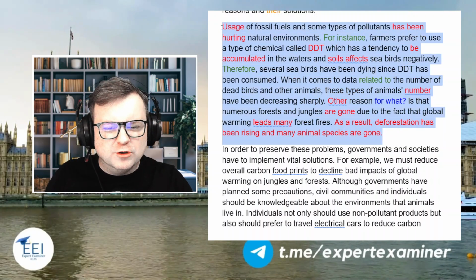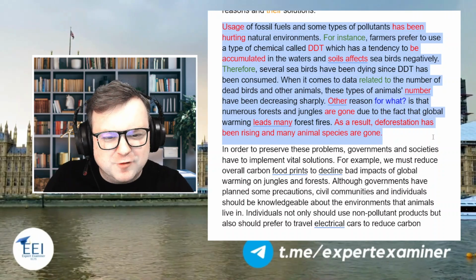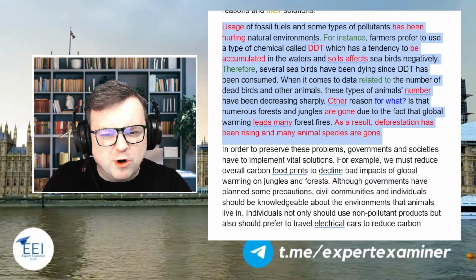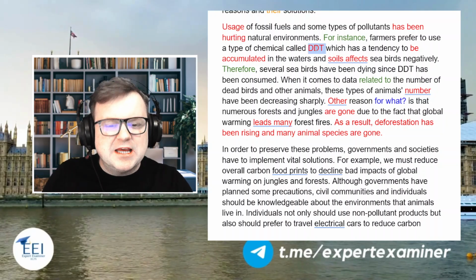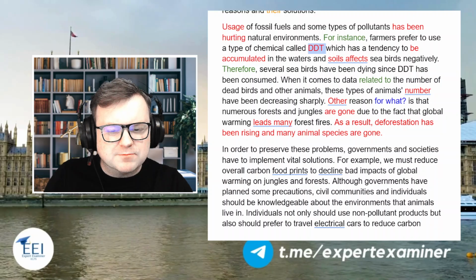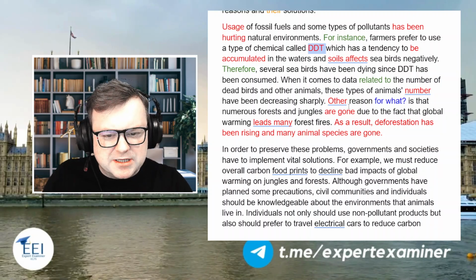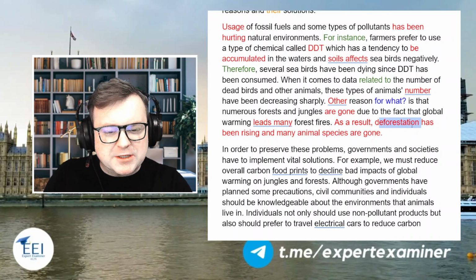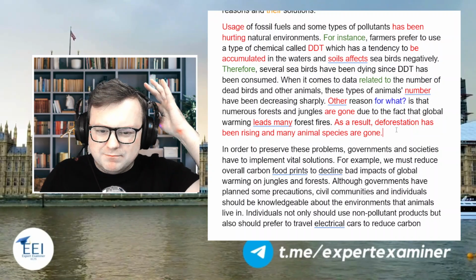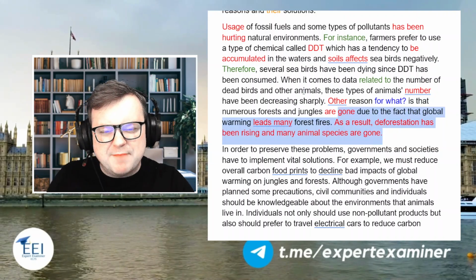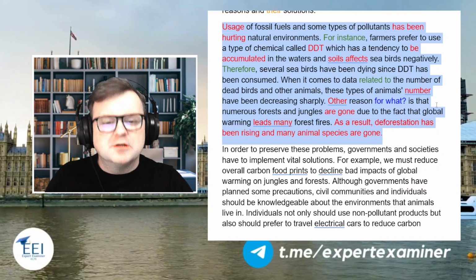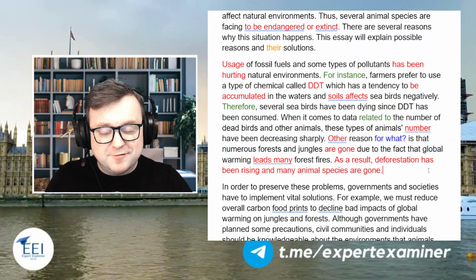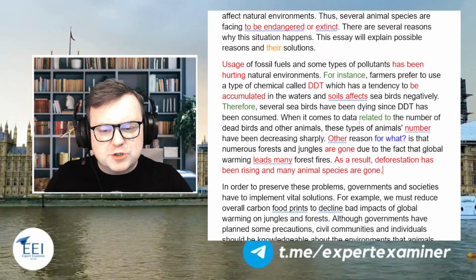So overall, body paragraph, I can't say I'm fully informed. And even the things that I'm fully informed on, the candidate has just got it a bit wrong, right? Candidate is saying we use DDT and therefore a lot of animals are dying out. Second reason is that the forests get cut, or the forests burn, and that's why we have no animals, but without an explanation. So I'm minimally informed of the candidate's explanation for the reasons. Minimally informed. But I am informed, but minimally. So let's move on to solutions now.